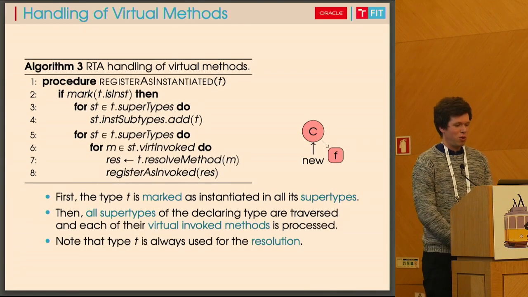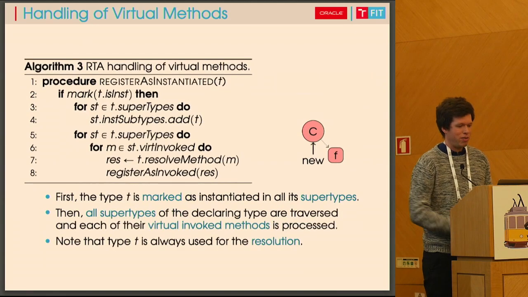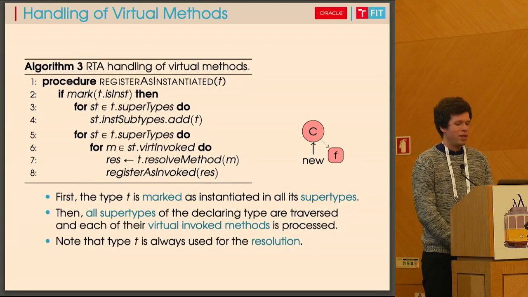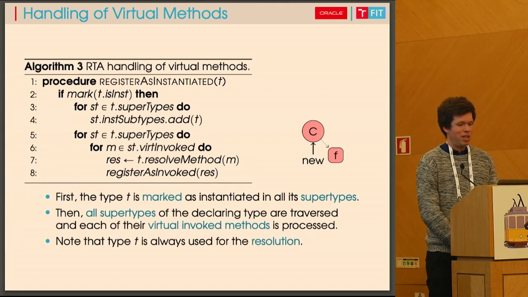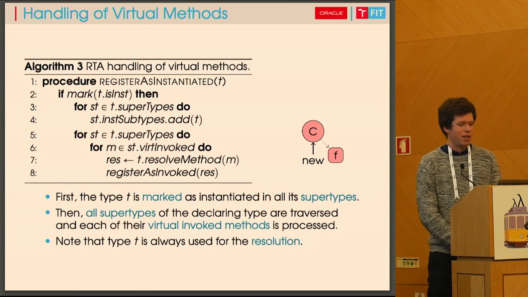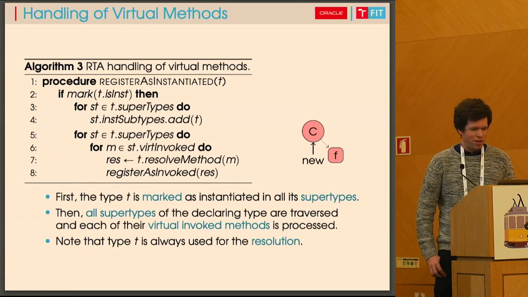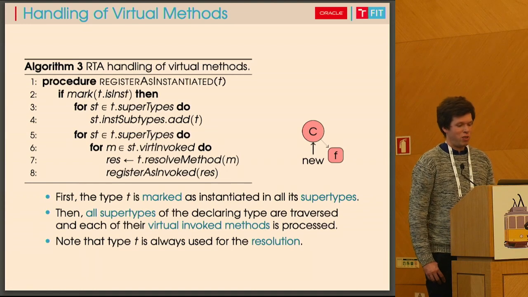The other side of the coin is registering a new type as instantiated. Again, all the methods I mentioned start with the atomic check, which prevents redundant work. Then the type hierarchy is traversed upwards, and the type T is registered as instantiated in all its supertypes. Then the supertypes hierarchy is traversed again, but this time we are looking for all methods that are registered as virtually invoked in all the supertypes. But now please pay attention to line 7, because the resolution always starts from the type T, not from